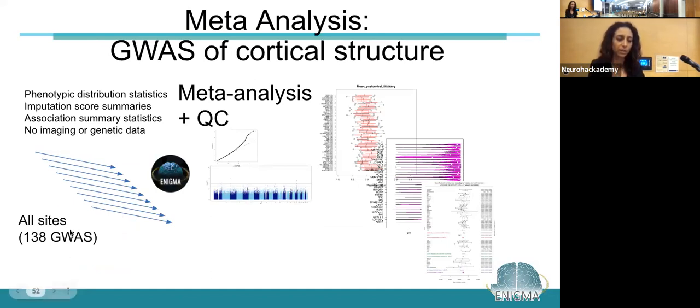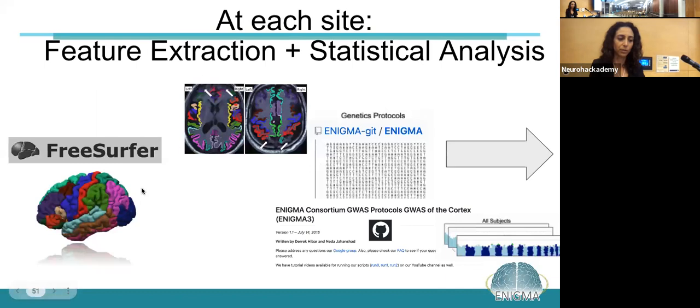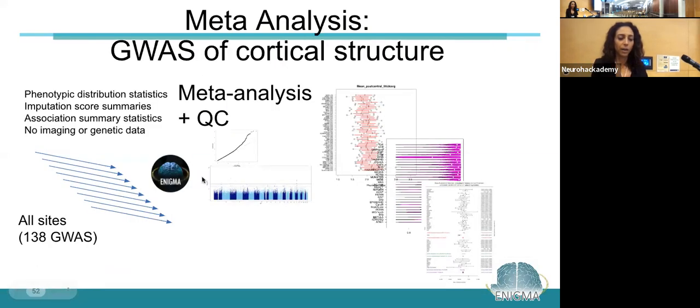This is for one of the latest genome-wide associations for the cortical structure. Then we do site-level QC, making sure everyone's results make sense, that the null is as expected, and then we look across data sets for trends, strange outliers, and variability in effects.